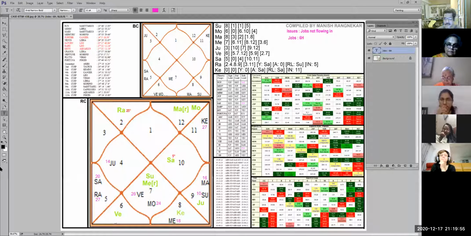Okay. Now the problem this person was facing is the 6th house, that is jobs. And which is the planet which can put a butch on it, or put a stop on it? Saturn. Correct. So your basic groundwork, which I have written over here: first is note down the issues. That was jobs not flowing in. Second is identify the planet or house based on the Karak Tattva.